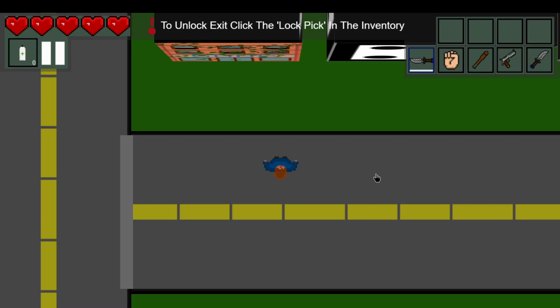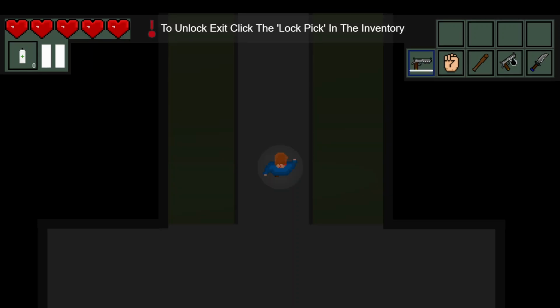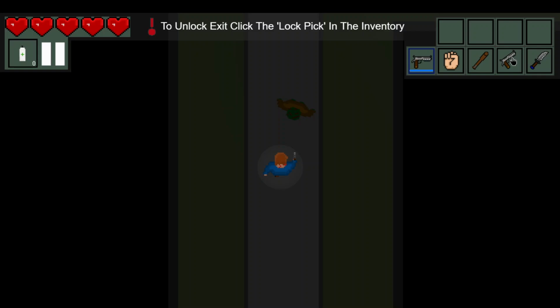So if we move down into the sewer, this was the level that I finished last week, I think. Yeah, all the functionality wasn't there though. So if we start here, get the gun out again, yeah, cool. So it's got the enemy AI still, didn't work. There we go. So if we keep moving forward,